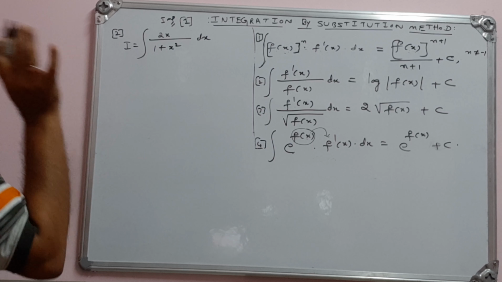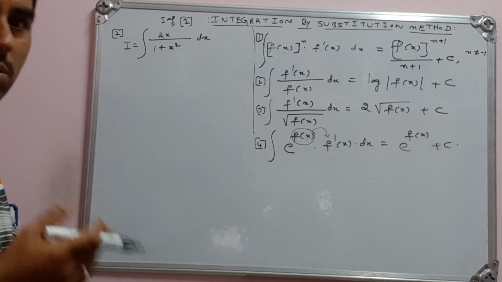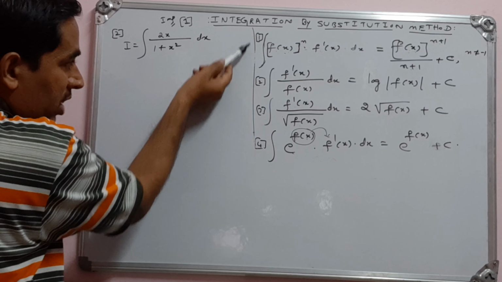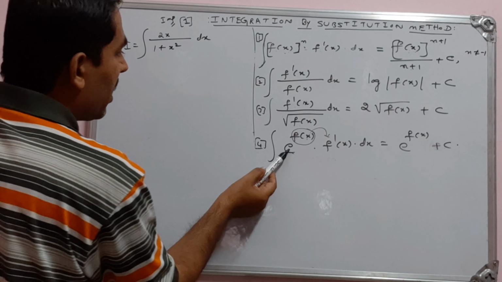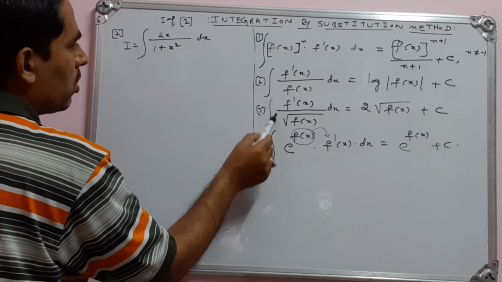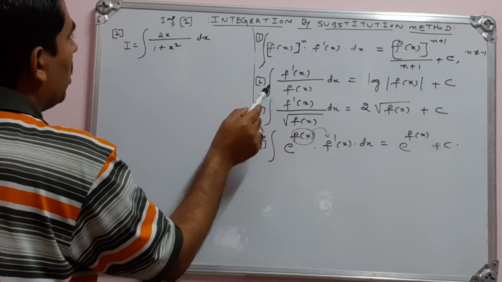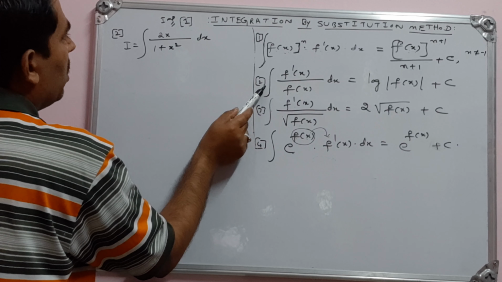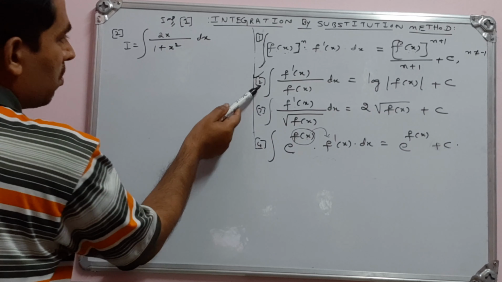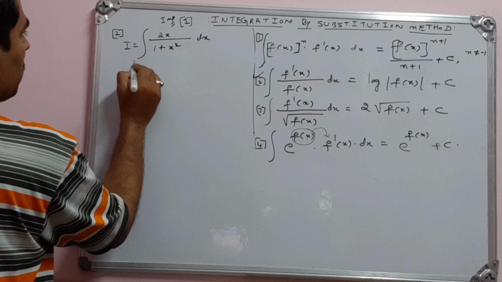First of all, before going to the substitution method or whatever may be, keep these four standard forms in your mind. Here, e to the exponential: there is no exponential function, so this will not arise here. This will also not come into the equation. Now see, this one, the second standard form.